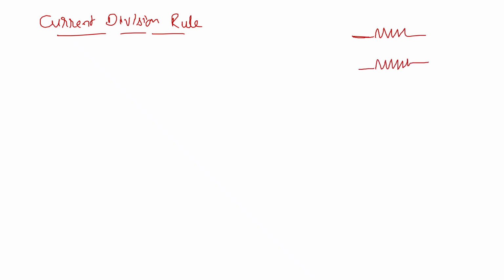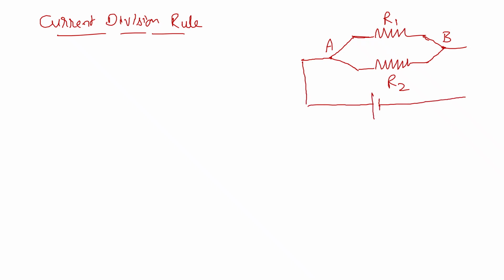into the parallel paths. Let us consider a parallel combination having two resistances R1 and R2 which are connected in parallel. So as they are in parallel, one side of the nodes are connected to a common point. Let us consider that common node as A, and the other ends are connected to a common point. Let us take that common point as B. Now let us assume that this parallel combination is supplied from a DC voltage source of V volts, and the